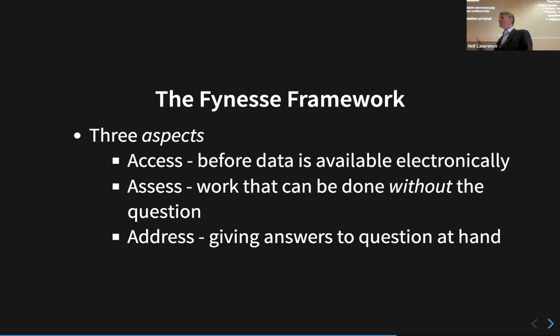Finally, the address stage is now you're trying to answer the question you care about with that data. Was this drug effective? What is the label of this digit? Is there a cow in this image? Whatever, you're answering the questions. But notice we're keeping that separate. And that's where your machine learning comes in. There is some machine learning in the earlier stages, but it's mainly unsupervised learning and visualization techniques. Here, in the address stage, that's where you might start using logistic discriminants, neural networks, whatever you're using to answer the final question.